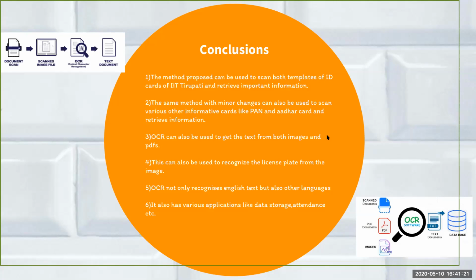And what we have learned is OCR can be used to get text not only from an image but also from a PDF. We can use OCR on a PDF and get the essential information by applying steps. There are also a lot of practical applications with respect to OCR. Like we can recognize the license plate from a given image using OCR, because it converts the text from a given image into a document. And one more thing is OCR not only recognizes English, it can also recognize other languages. You just need to add one more line such that it recognizes the specific language which you want.